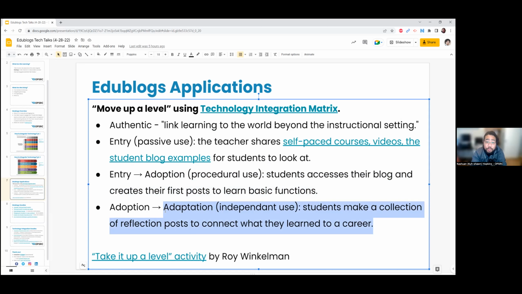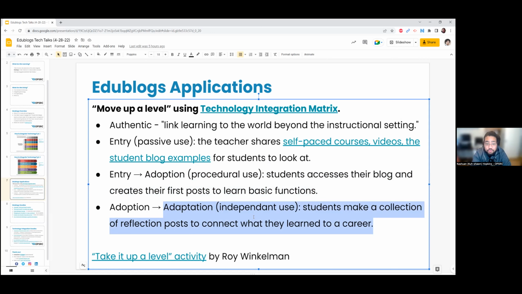They have to do at least one or two posts every week, or something like that. You give them a time frame to work, give them some constraints, give them a target to shoot for and say, okay, I need you to have at least these things in your post, go for it. And in this case, if you want to make this more authentic to them, have them connect what